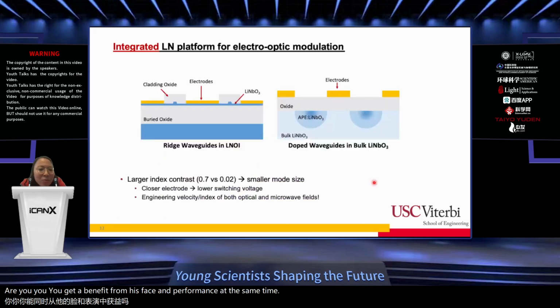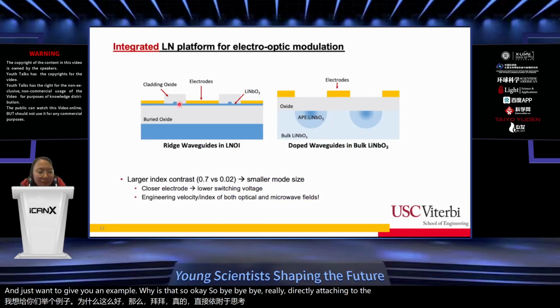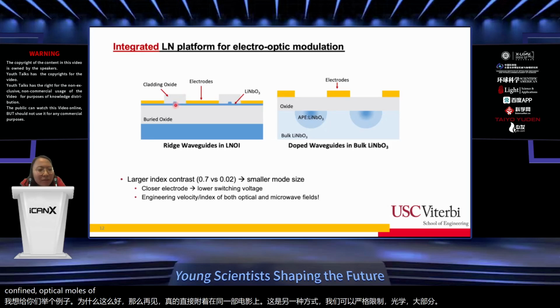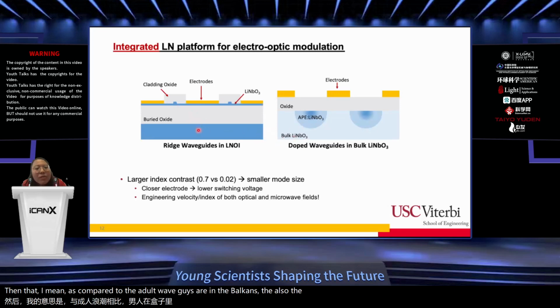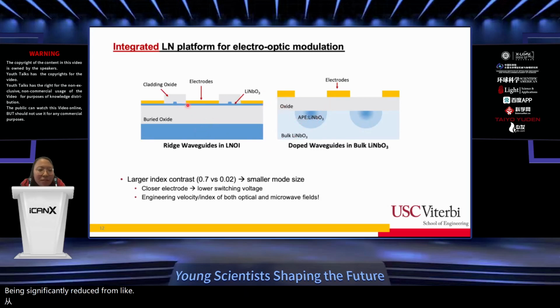And I just want to give you an example. Why is that? By directly etching the thin-film lithium niobate, we can tightly confine the optical modes within the wavelength scale, as compared to the doped waveguides in the bulk crystal. So the mode area can significantly reduce from tens of micrometers to less than 1 micrometer square. And that really